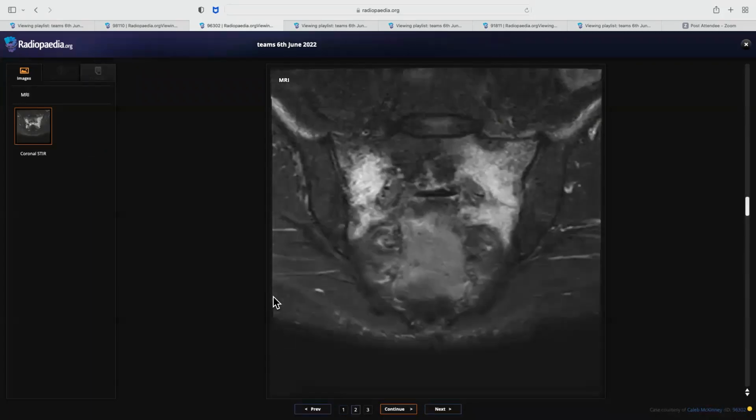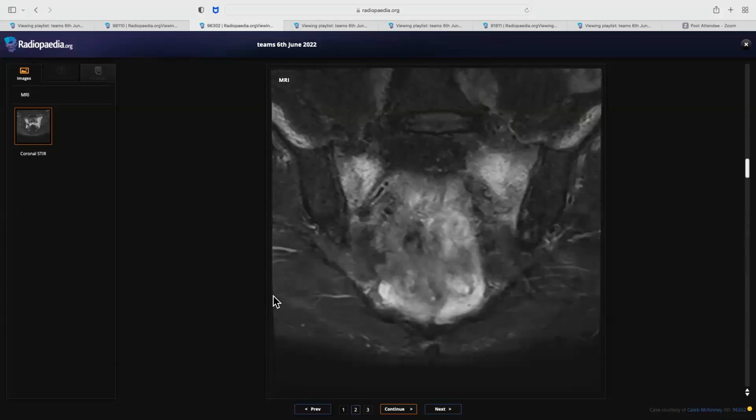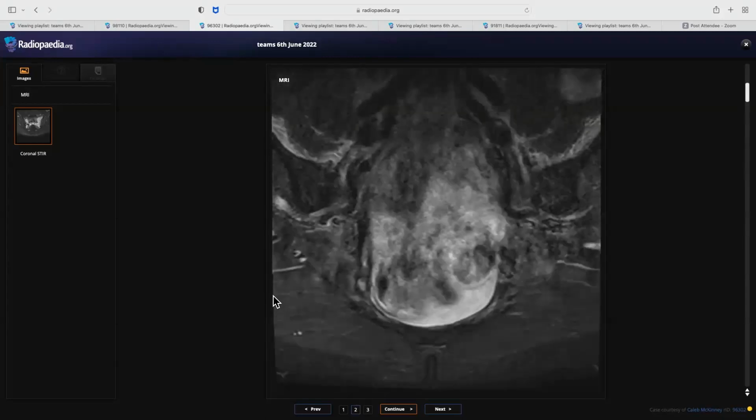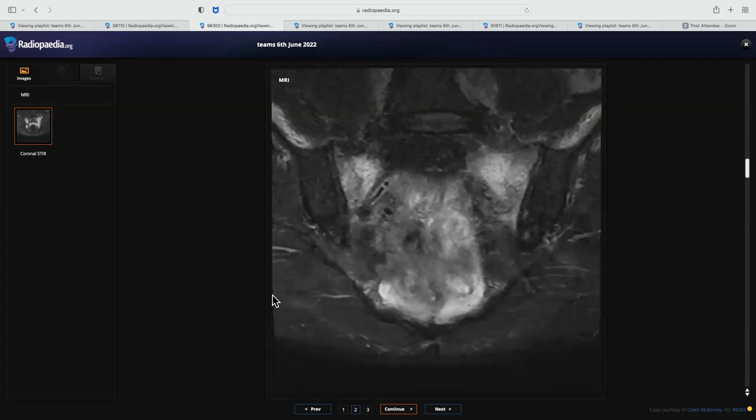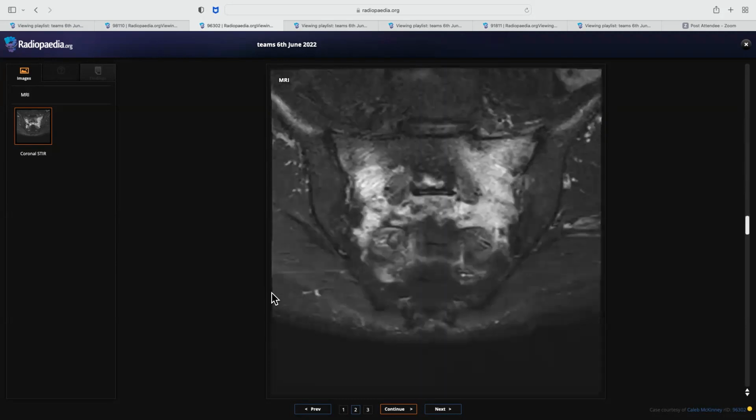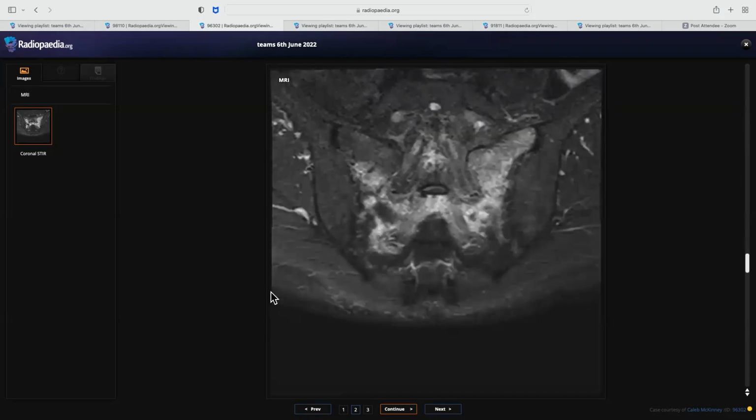So these are the coronal fat set, T2 fat set images of the same patient. Right now the patient has come for lower back pain, and we are trying to find out the cause for the pain. So these are the coronal fat set images of the same patient, which is again